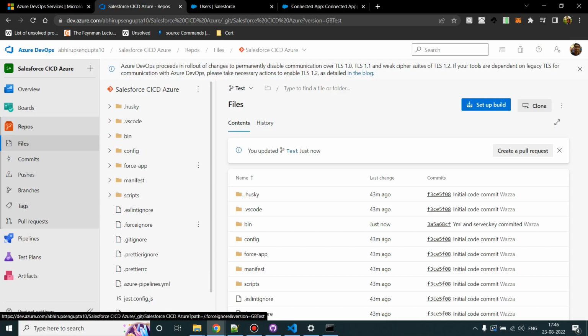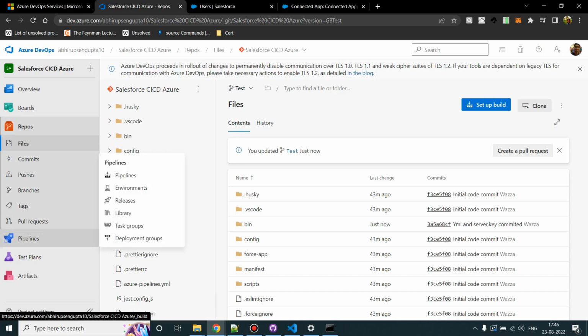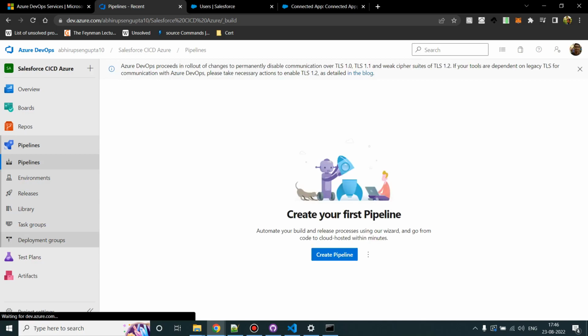Okay, now we are done setting up the connected app. We are done setting up all the initial commit which we have to do through Azure, and the final step is we have to run this thing. Now that's where we'll go to pipelines. Once you go to pipelines, click on create pipeline,